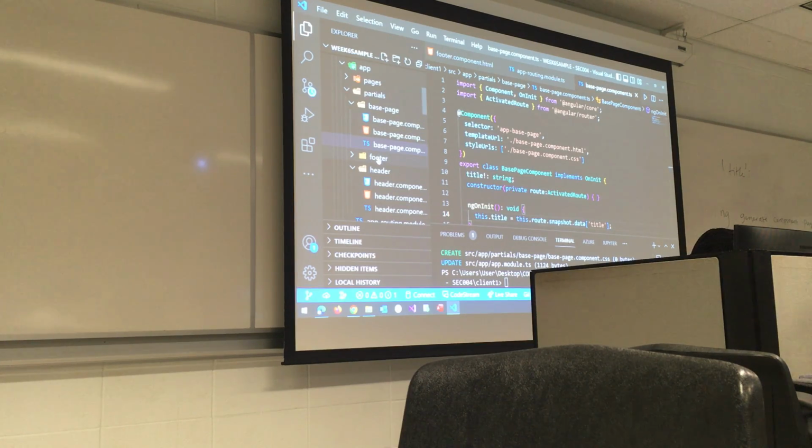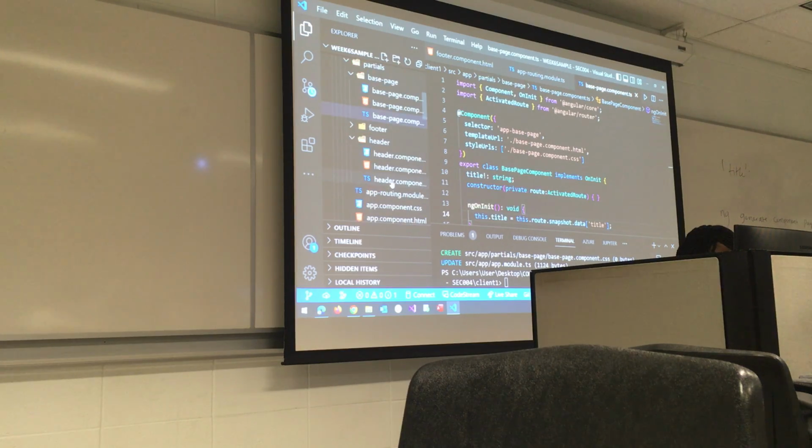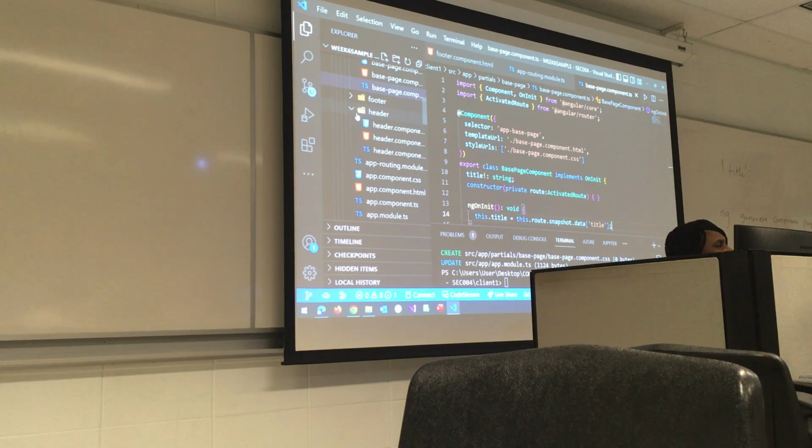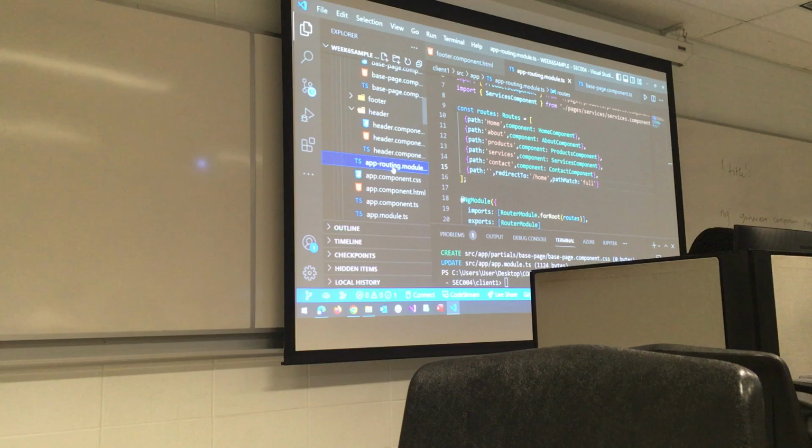So we go to the app routing module, after the header folder. After the header.component.ts file, go to the app routing module. Open the app routing module one more time.